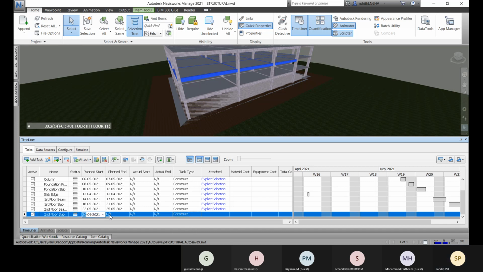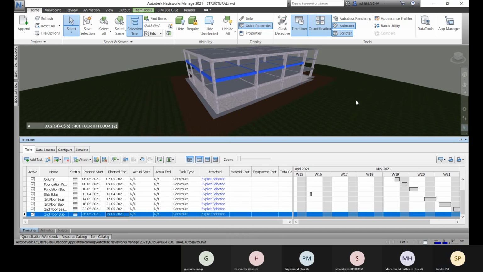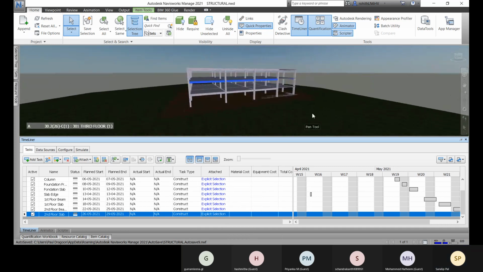Construct and okay, so right click and attach current selection.